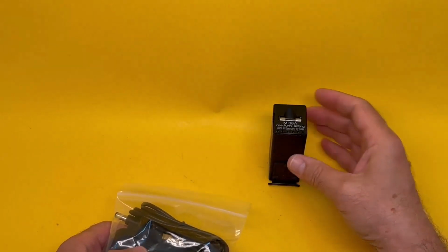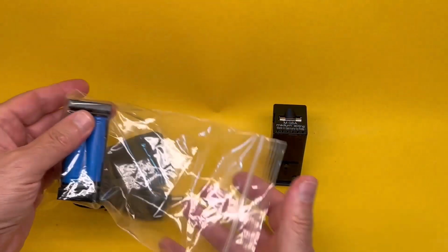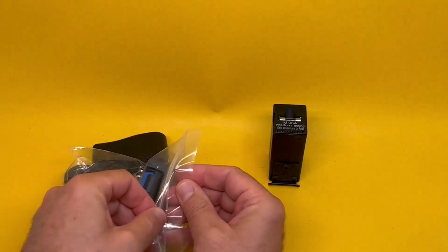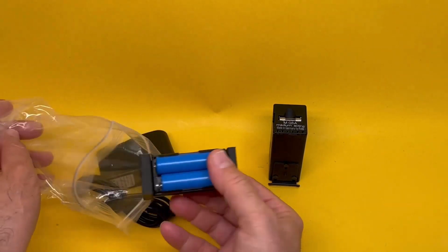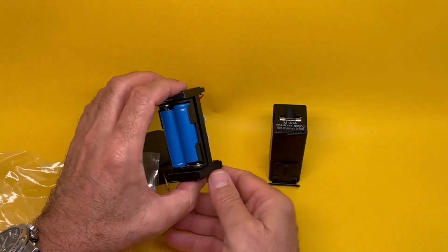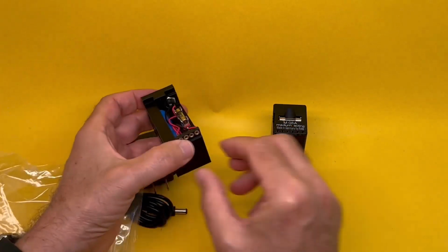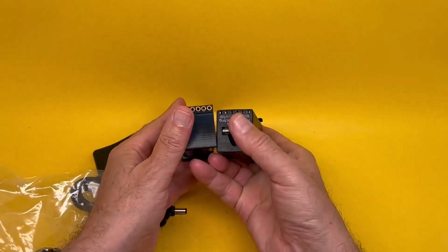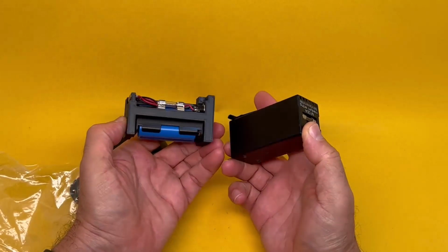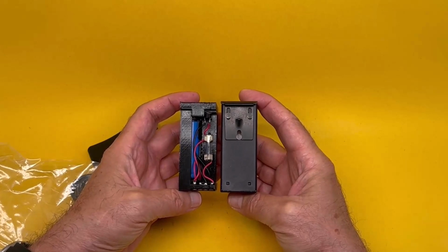People replicate those with 3D printed batteries, such as this. And this uses a completely different battery. These batteries run in that direction, and there's 3 of them, and they give the same voltage as that. It even has its fuse, connection points, and so on, so it replicates in every way what that other battery was supposed to do. That's 3D printed. So people replicate these, and you can get them online. Just search for replicated batteries,